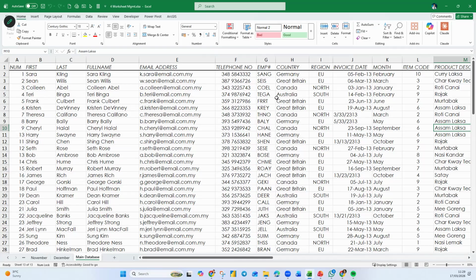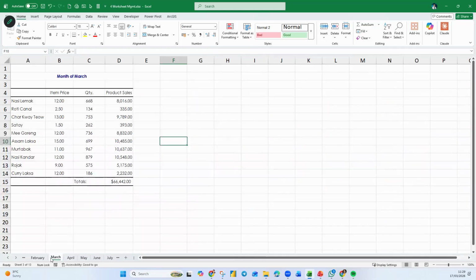So you came here, you look at the information. Now, most of the time you will do copy, then you go back to your March, then you click somewhere and you edit, isn't it? So you keep going back and forth, just like playing tennis. The ball will bounce back and forth, back and forth, back and forth. So it's very tedious. So this is something I want you to do in your work in future.